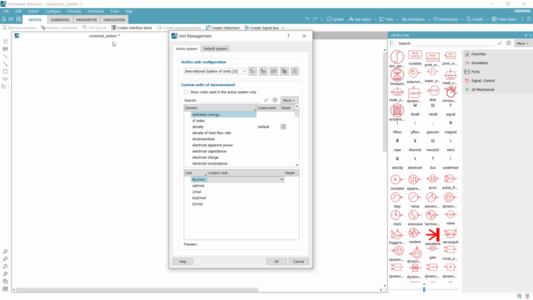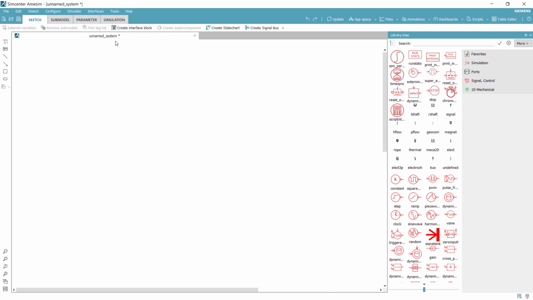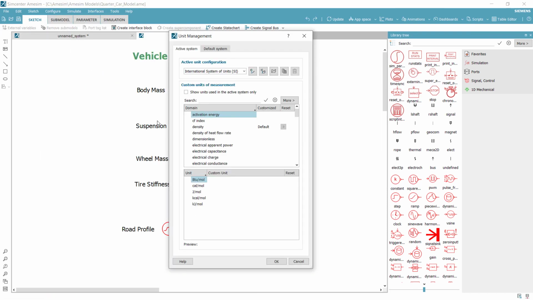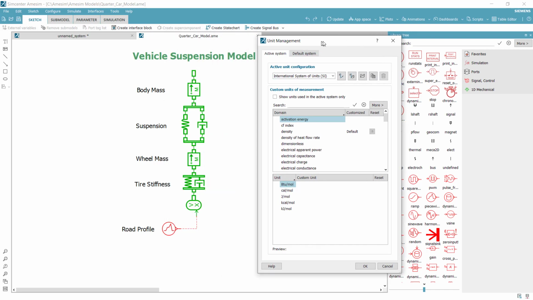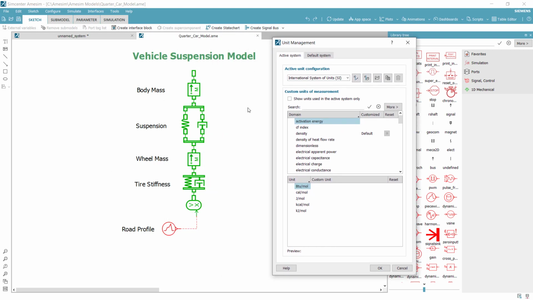When you select one of the active unit configuration files in the list and click OK from the Active System tab, that configuration is applied to the active system. Like the default tab, these configuration files can be renamed, duplicated, or deleted. Custom settings can also be exported and shared if desired. Note that if you want to modify units in the active system only, you can reduce this list by selecting the Show Units Used in the Active System Only